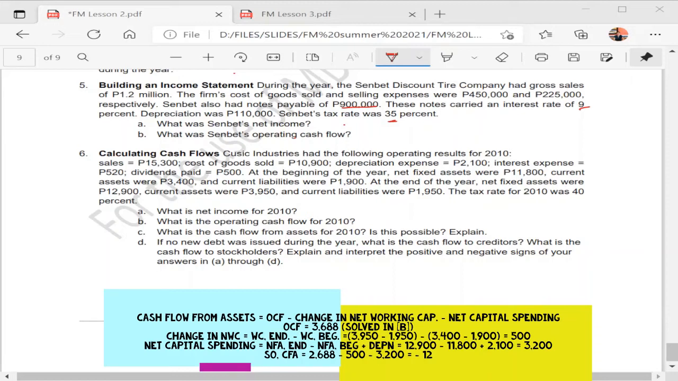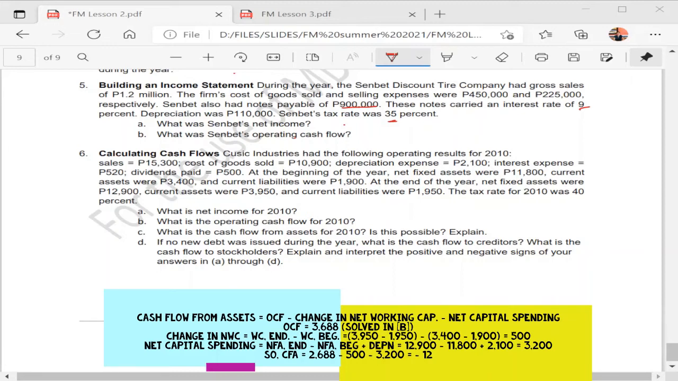So that's the net fixed assets ending minus net fixed assets beginning plus our depreciation. So what is our net fixed asset ending here? That's 12,900, and then deduct the beginning 11,800, and you will get 1,100 plus 2,100 depreciation. So our net capital spending is